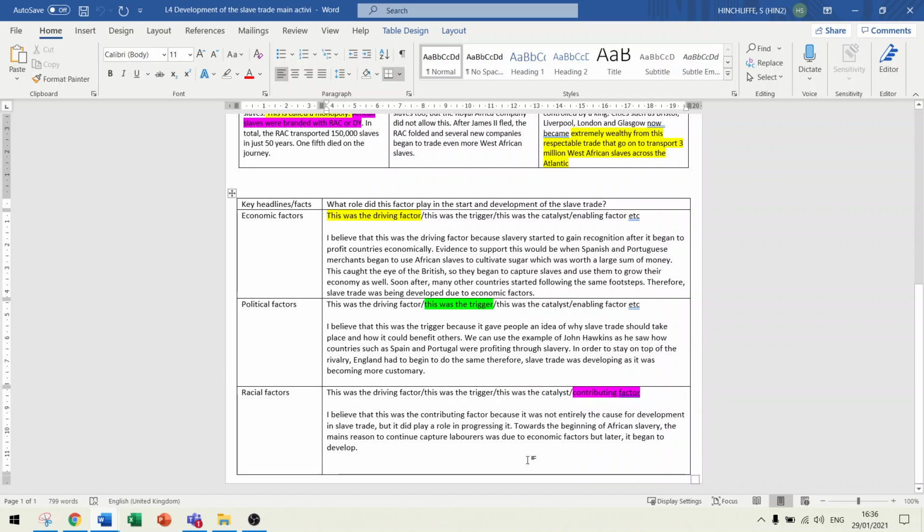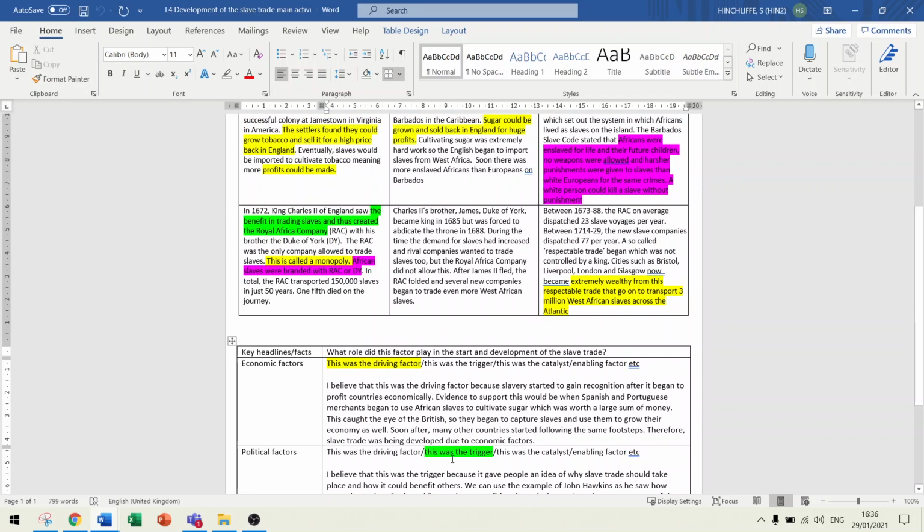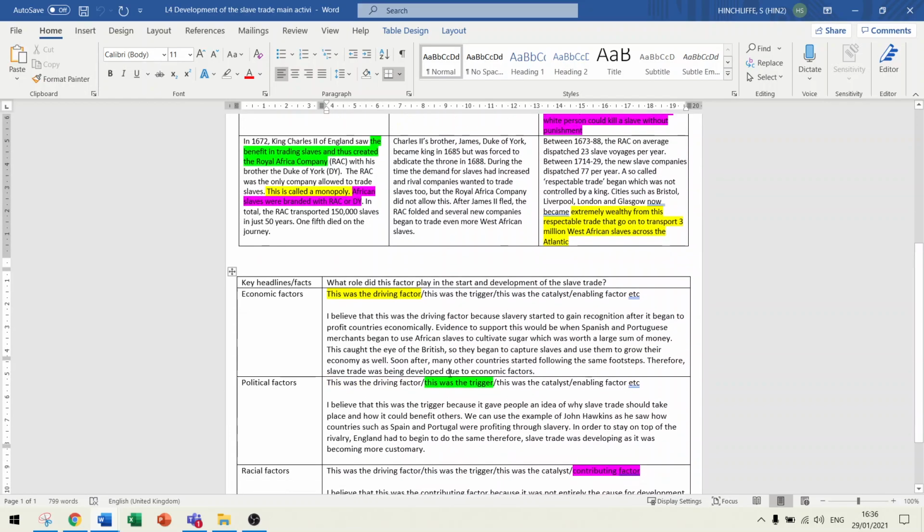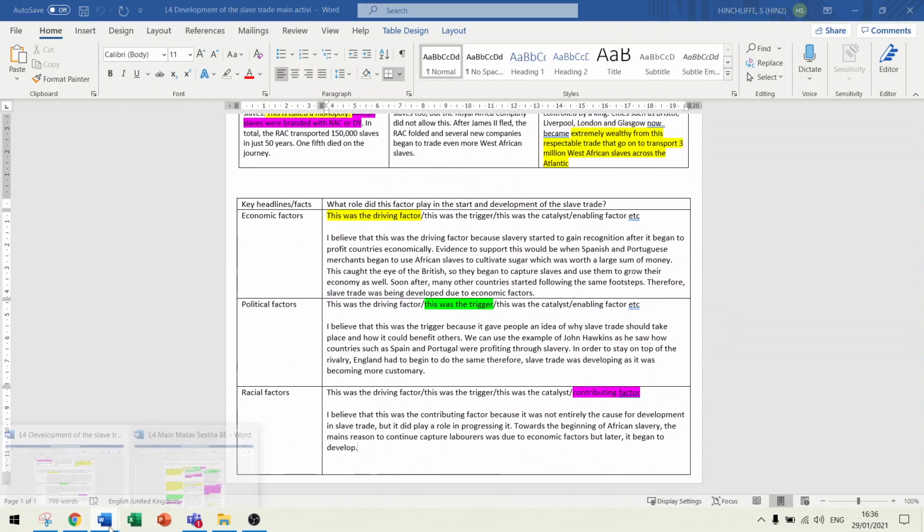As we know, the Barbados Slave Code completely stripped away any ideals of equality for West Africans who became slaves, and slavery was seen as a more racial thing, and a hierarchy and an inferior race aspect came into play as well. So really fantastic analysis from Divine.